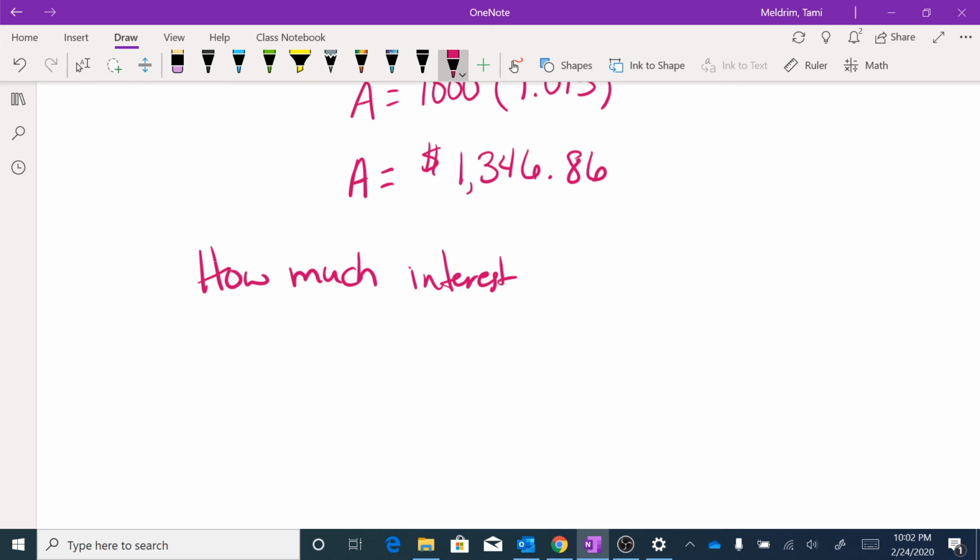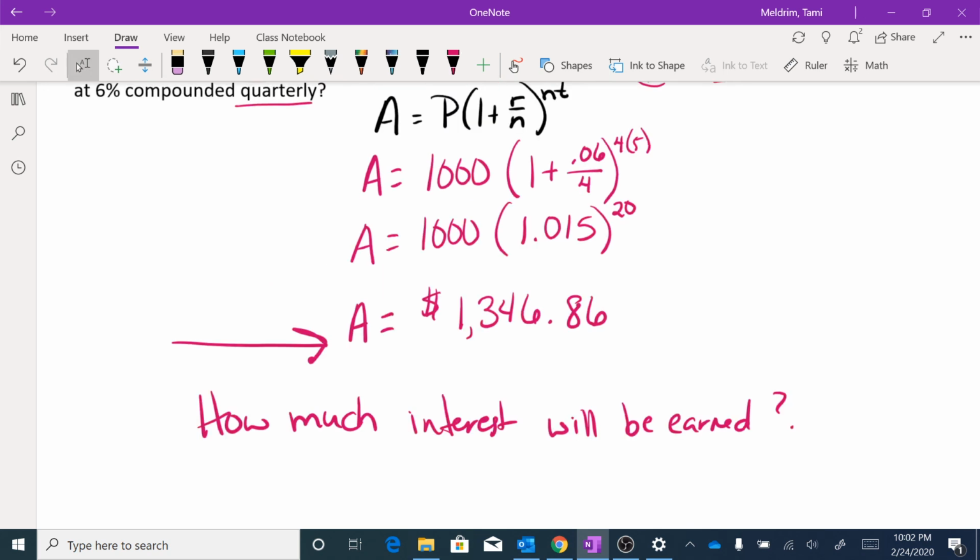You still have to solve for your A, but in order to find the interest, you're going to take what you have now, the $1,346.86, subtract what you started with, subtract your principal amount,